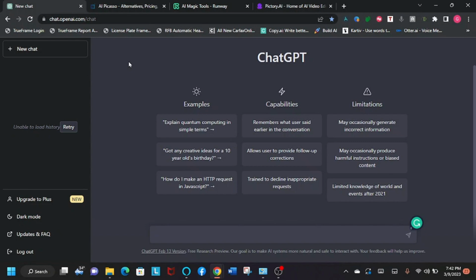If you're not familiar with ChatGPT, I have it up right here. Here's the link. So you're going to want to go to chat.openai.com, and that should bring you right to a sign up screen. You're going to want to go ahead and sign up or just log in, and then it's going to bring you to a screen like this. This is where you're going to start off. So now what we're going to do here, we're going to go to a new chat,